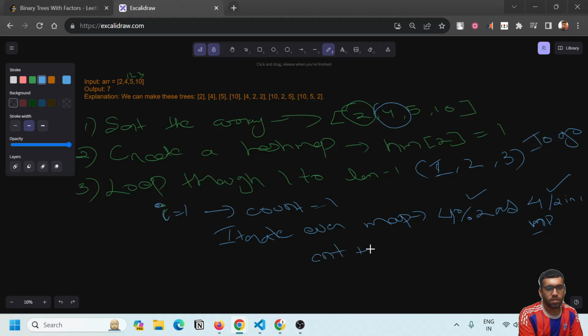We will increase the count by map of this. What was the second counter like? Yeah, j was this one, 4 divided by 2. So we will do j, whatever the key was in map, and we are going to multiply it by map of what we found, r of i